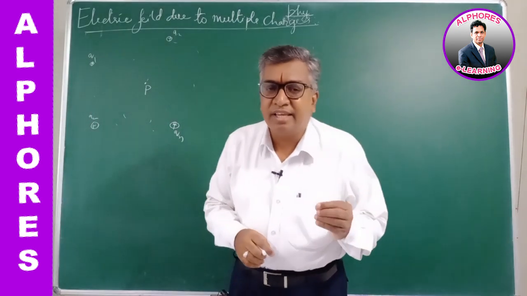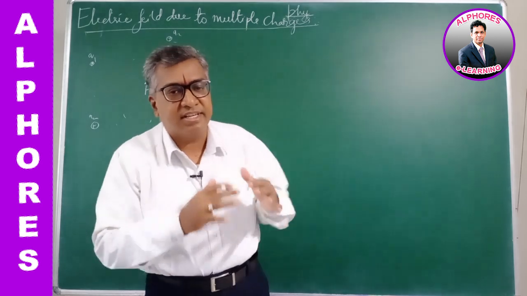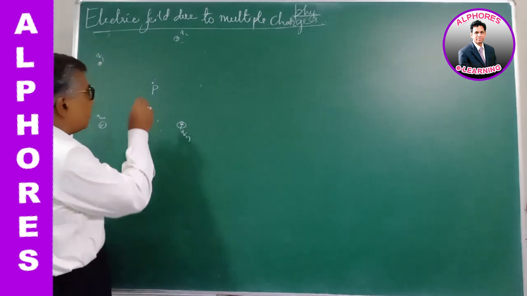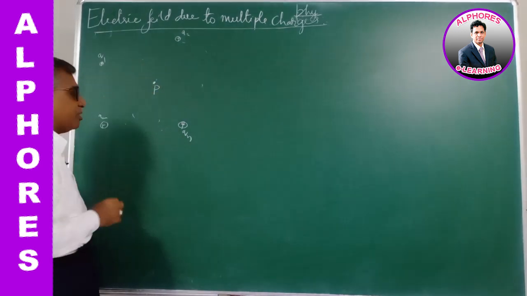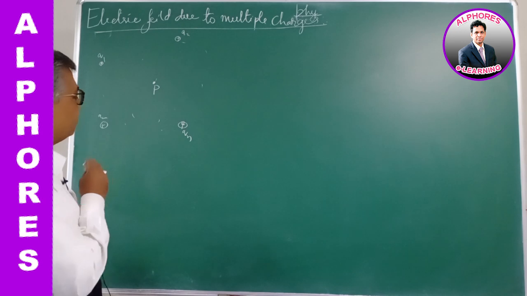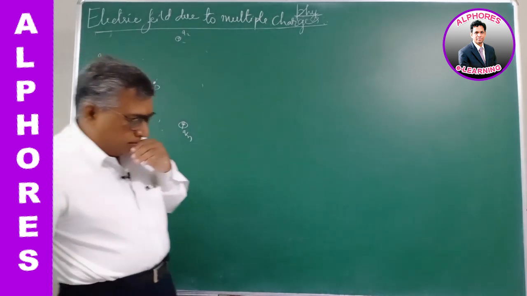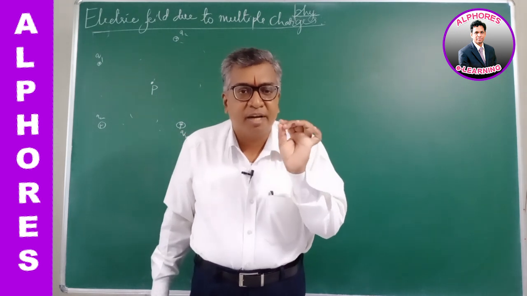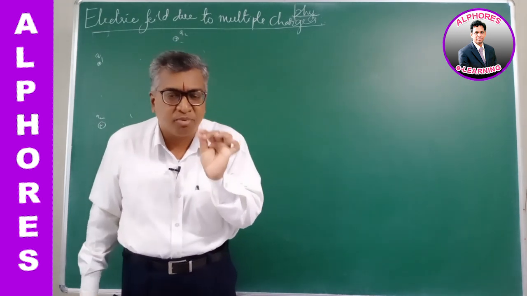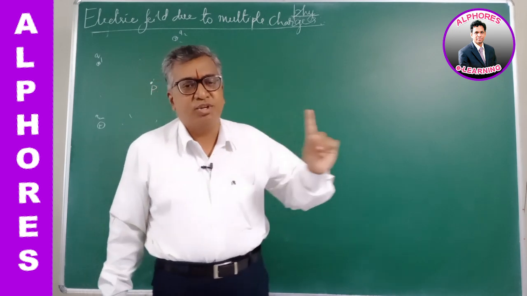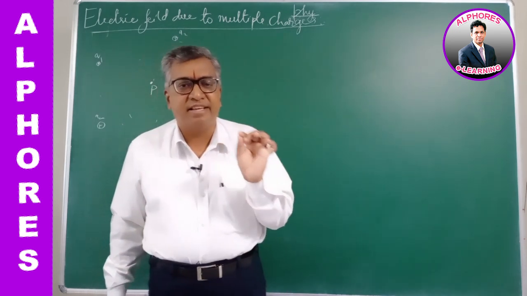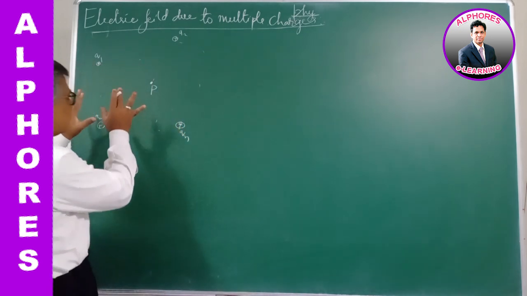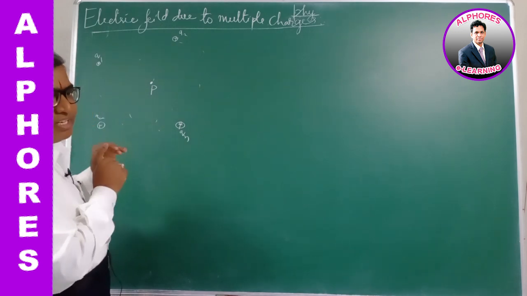Now, due to the n charges that are present in the vicinity, what would be the total net electric field at the point P? That we have to derive. First, in the previous episode we have found the electric field due to an isolated point charge, only a single point charge. Field due to that is evaluated as E is equal to 1 by 4 pi epsilon naught Q by d square. So considering these charges individually, right?